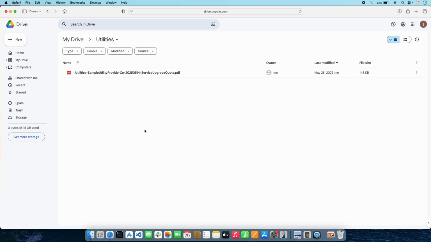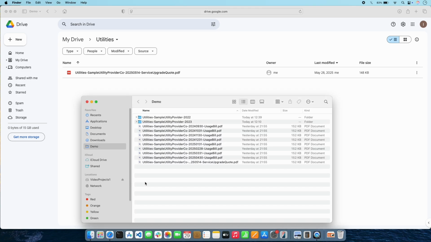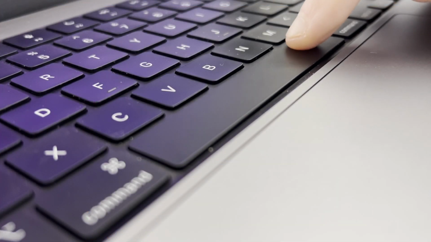Now, I said I would show you two easy ways to upload a file to Google Drive. Here's the second way. It's also possible to upload files to Google Drive by dragging them directly from the Finder application on your Mac to Google Drive. Depending on how you like to use your Mac, you may find this approach easier. First, open up the Finder and browse to the location you want to upload files from. Just like in the file selection window we used earlier, the spacebar can be used to peek at file contents.